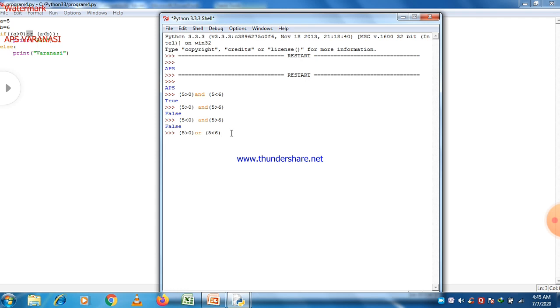Now you have two conditions. 5 is greater than 0, no doubt at all, and 5 is less than 6 is of course true, but both are separated by OR, and OR says that if at least one condition is true, then the answer will be true. So true is the correct answer. Let's check. Press enter and you get the final result: true.